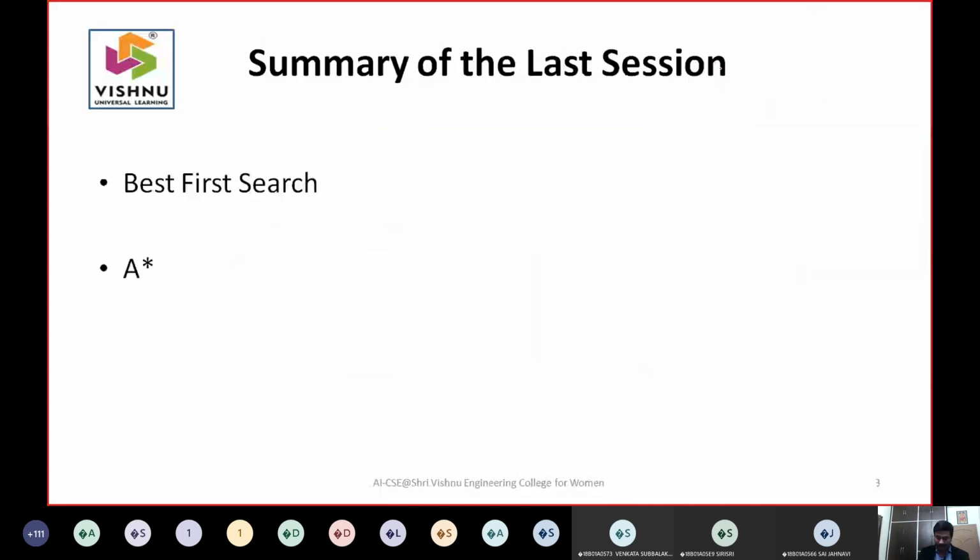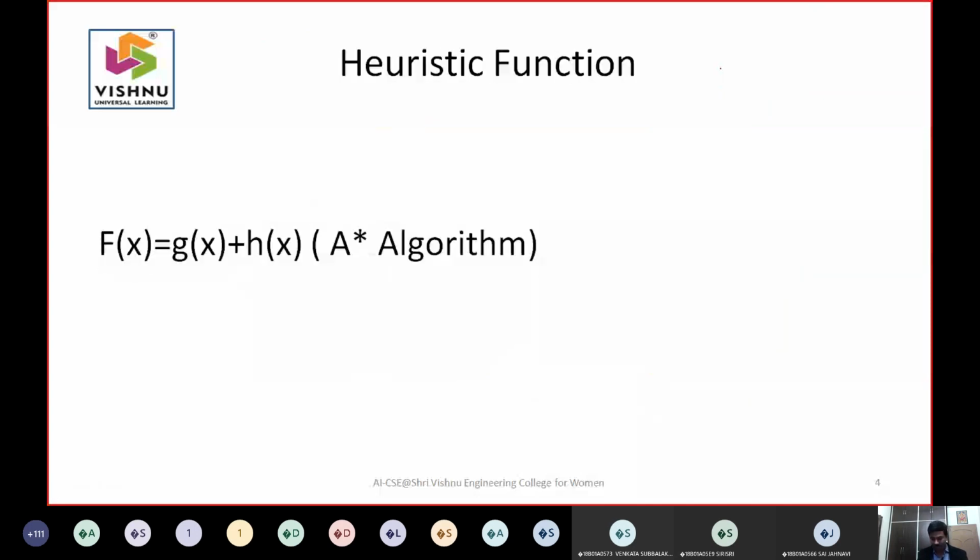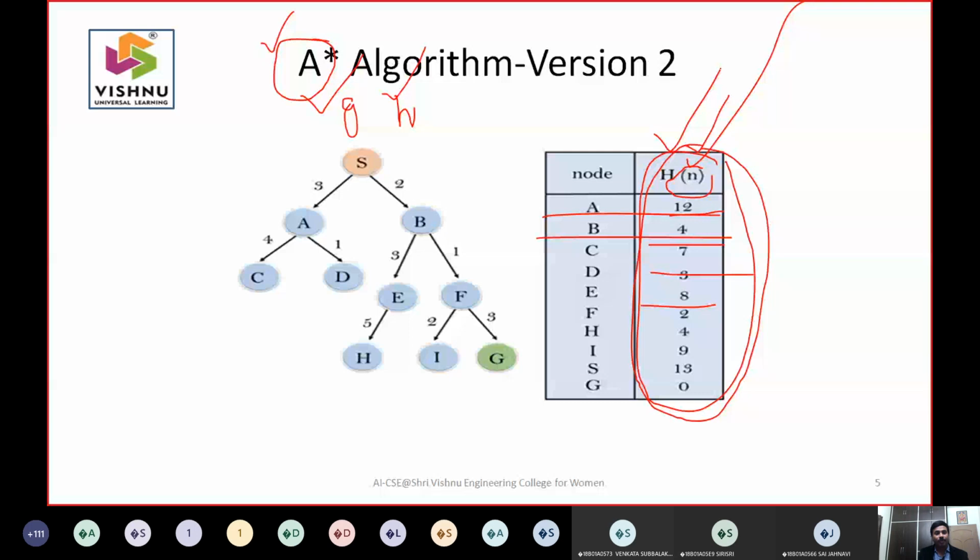So my request is something like this. How many people have opened the textbooks? If they have opened the textbooks, at least for writing the algorithm in the assignment, they need to go through various algorithms in your textbooks. Other algorithms which were not in the syllabus, we have some algorithms called hill climbing.